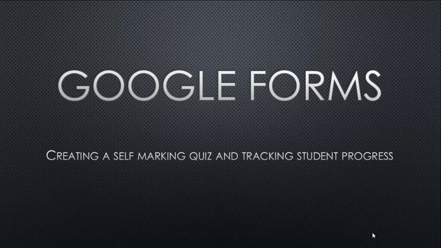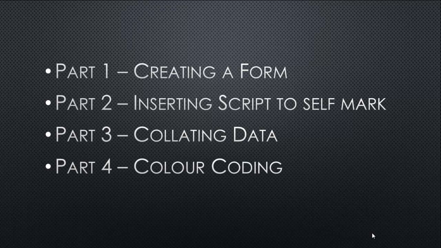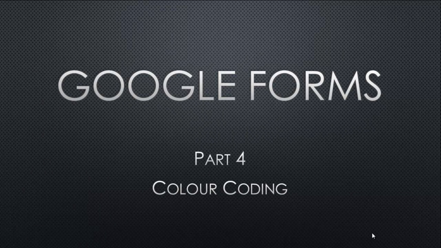This is part 4 of a 4-part series of creating self-marking quizzes and tracking using Google Forms. So we've already looked at creating forms, inserting script to self-mark, collating data, and now we're looking at color coding. So if you haven't seen those other 3, you might want to go back and have a look at them,